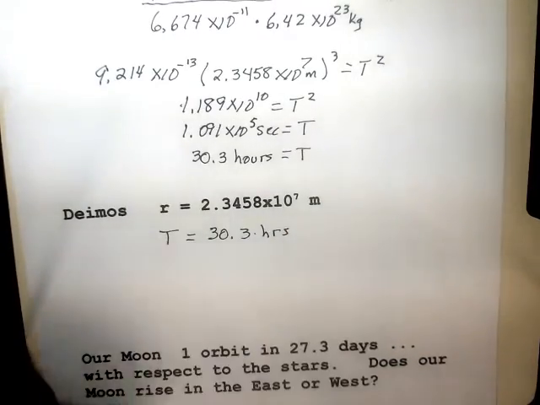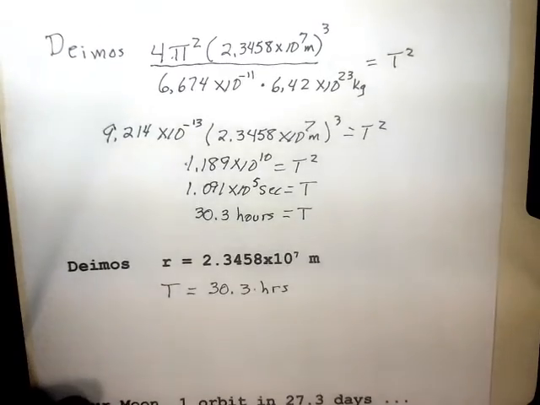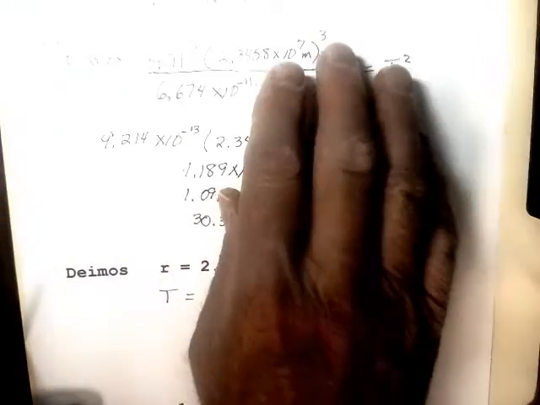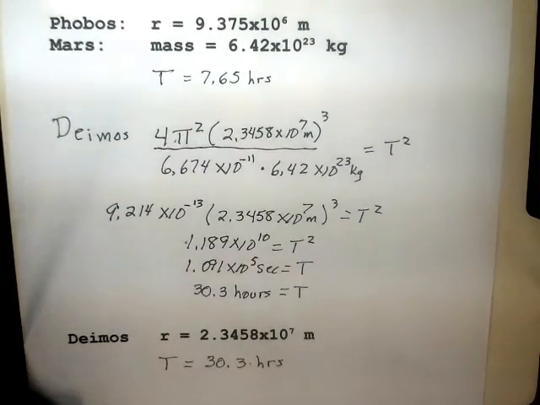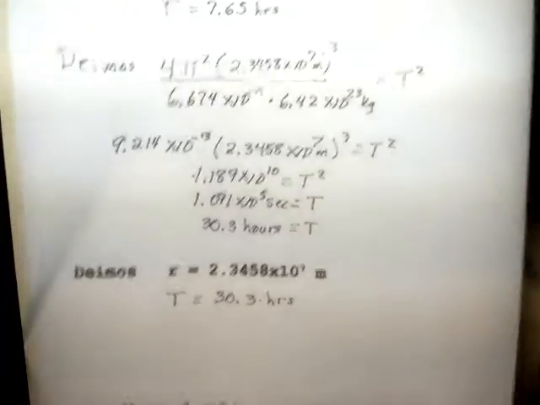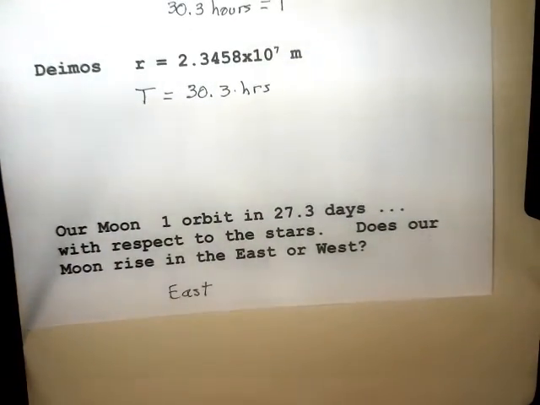Its orbit period is 30.3 hours. And this is appropriate that it's larger than the orbit time for Phobos. A smaller orbit has a shorter orbit time. Now, just to remind ourselves of a few things here, if we think about our moon